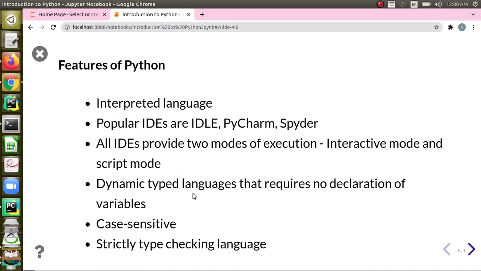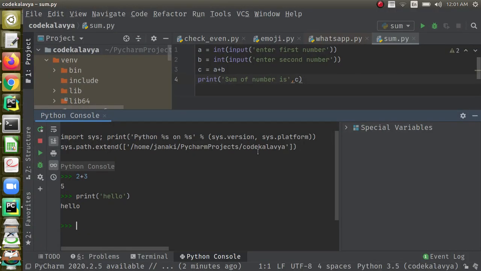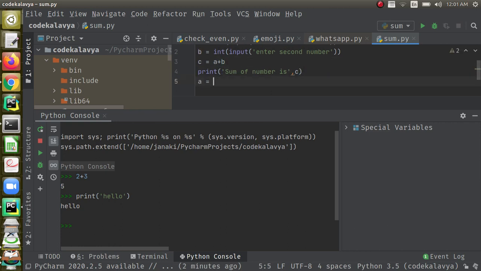And then the next important feature of Python is that it is a dynamically typed language, and it does not require any kind of declaration like other languages, where you have to declare a variable as an integer or float or string. Here it is not required, and Python will consider the data type based on the data at that particular point of time. So it is called a dynamically typed language. For example, you can see here I have given A as an integer here,